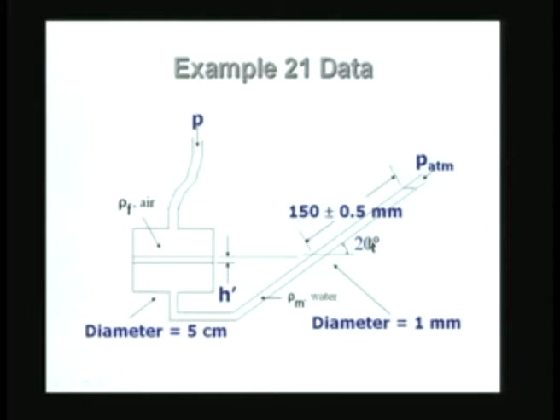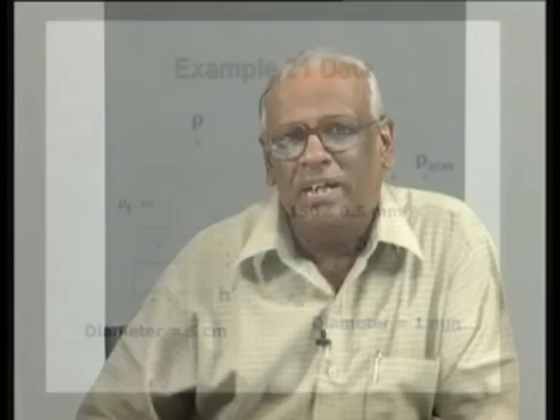So, the angle is 20 degrees, and you see the advantage of this measurement is that even though we are measuring a distance of 150 millimeters for the change in the level of the liquid in the tube, the actual height of the manometer is only this vertical distance between the datum and the meniscus level here. So, if you remember, in the last lecture we said that the inclined tube is like an inclined plane, and it is a simple machine, and it is going to give you a mechanical advantage.